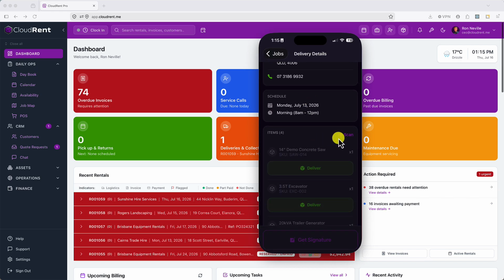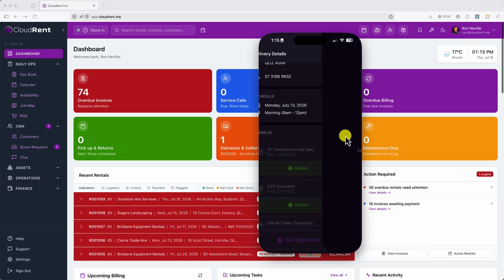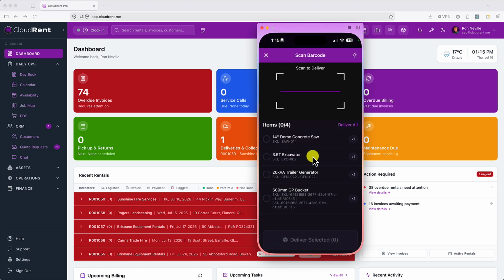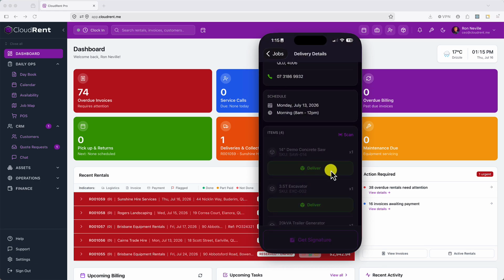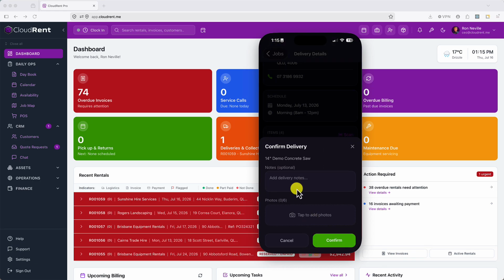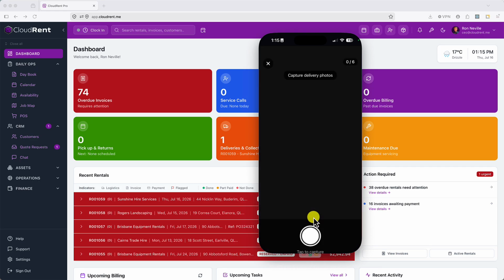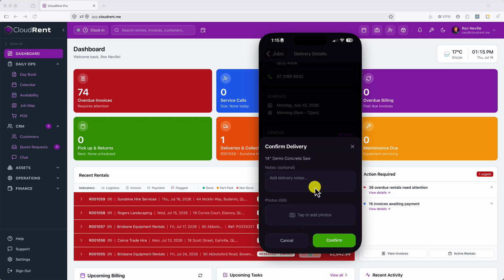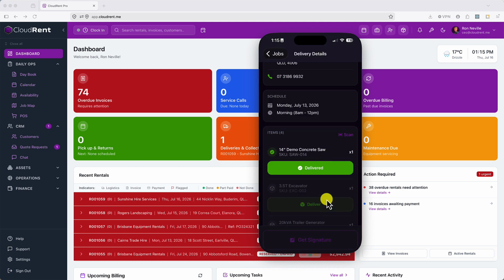And if we scroll down, we can scan the item in. Can't use a camera on this demo, but you can just scan the barcode and these will tick off as you scan them. And we're also doing QR codes, but we can just deliver it and we can add notes and we can tap to add photos. Once again, we can't take photos on my demo, but so you get the picture, you can take 6 photos and then we confirm that we've delivered it,